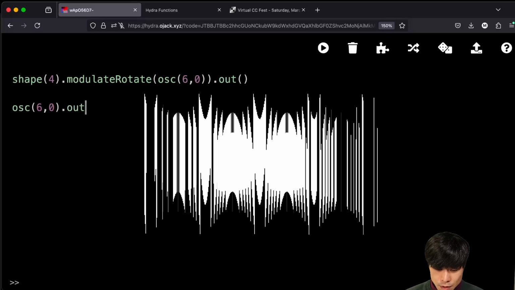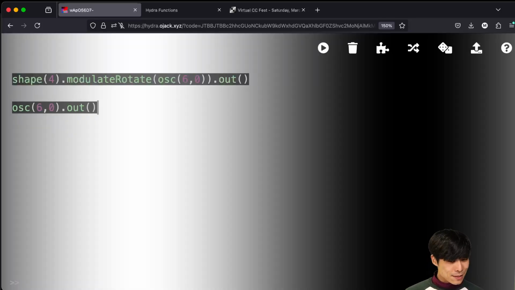Well, for some people it's not exciting as it is. For me, it's actually exciting. But if you use it for modulator, for rotate, for example,